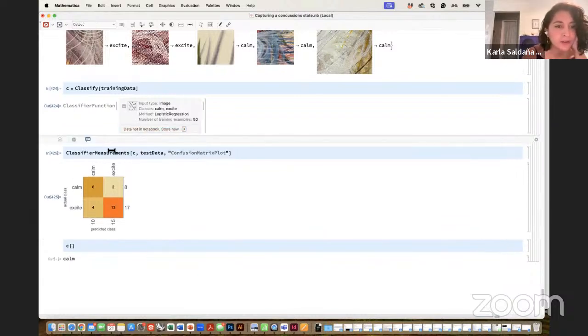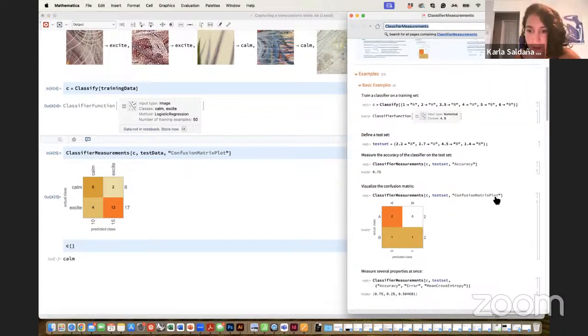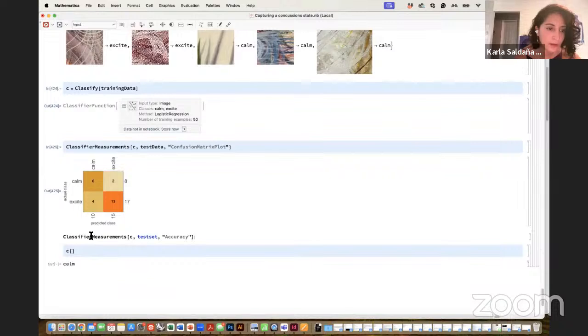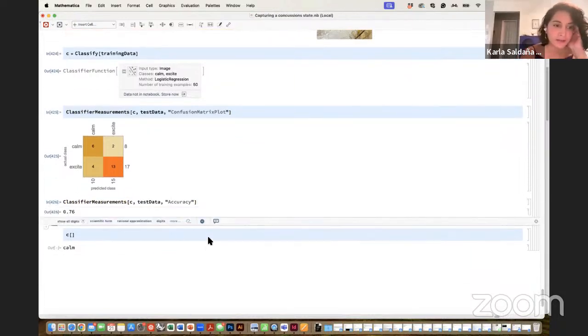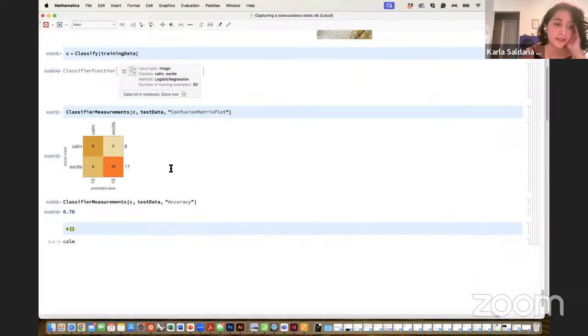So one helpful thing with mathematics is that you could really check other things that you can ask. For me, I like to see what's the accuracy. So if I copy this line of code, I can see make test data. I want to see how accurate this classifier is. And it's going to tell me that it's 76% accurate. So I think it's not the best, but at least it can give me a good enough example.